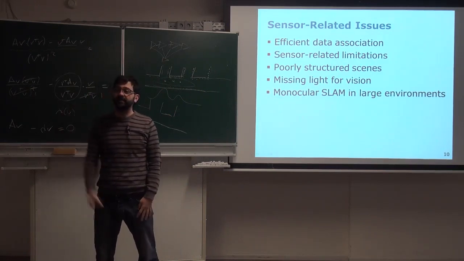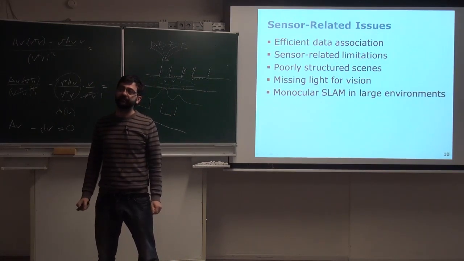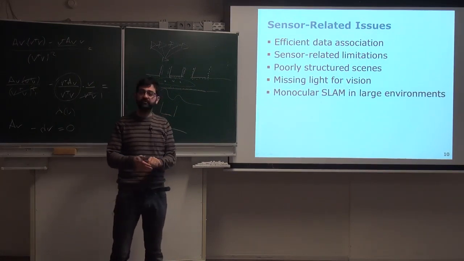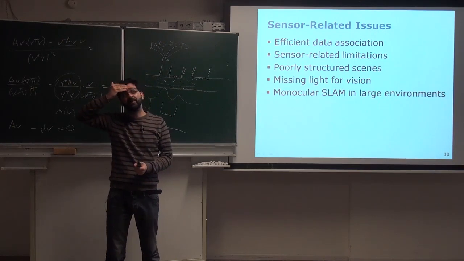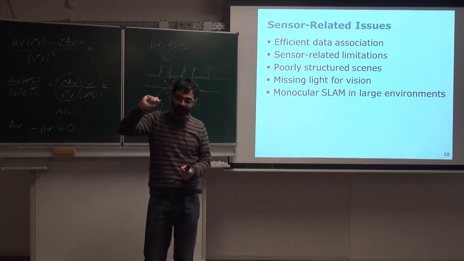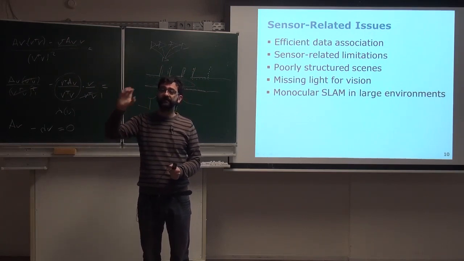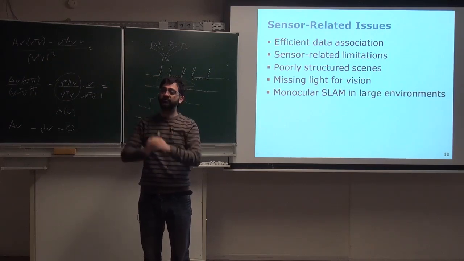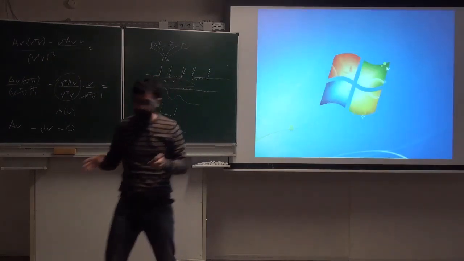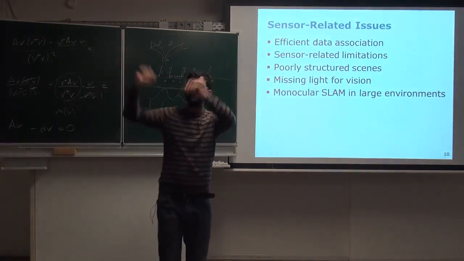Maybe there is another sensor coming up, so we can just work on a new sensor. There is actually something called a dynamic vision sensor. I don't know if you know them, but they are cameras that run at a lot of hertz. I would say 1,000, I'm not 100% sure. But instead of giving you the full image, they give you the gradient of the image. They take image differences between the previous frame and the next frame, so you basically only get the differences, and what you see is just small lines or small pixels here and